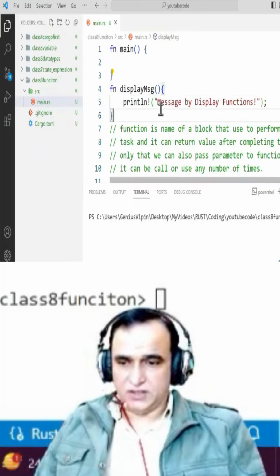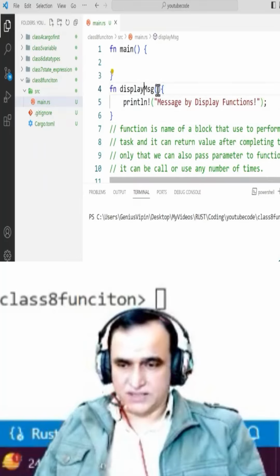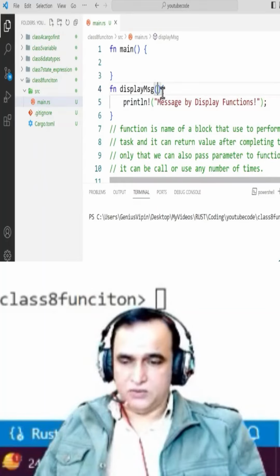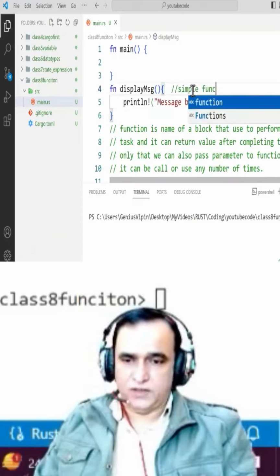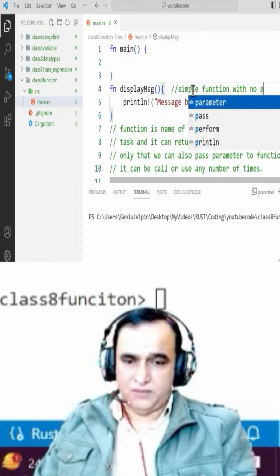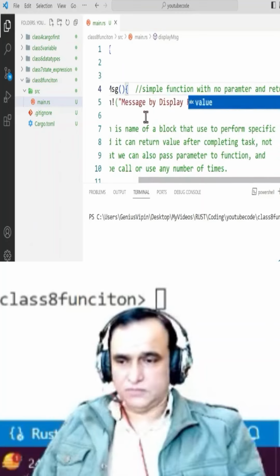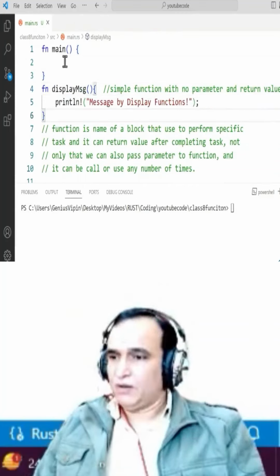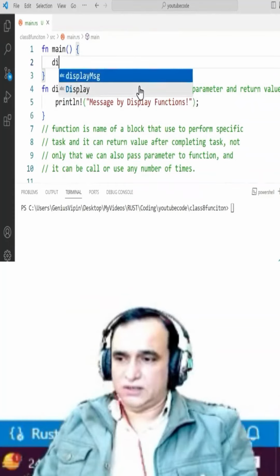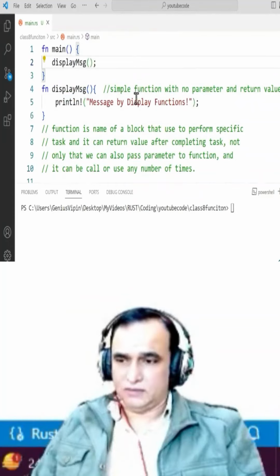This function is a normal function. We are not passing any particular parameter to this function and this function is not returning any value. It's a simple function. I say simple function with no parameter and return value like this. So we do not have any return value, do not have any parameter. So we can call it. Call is simple, just I say here and do this. If I run